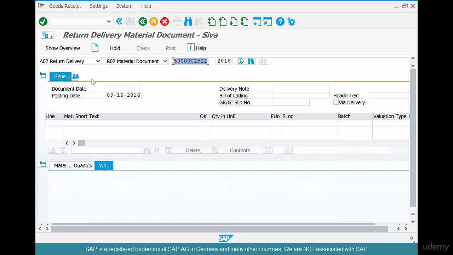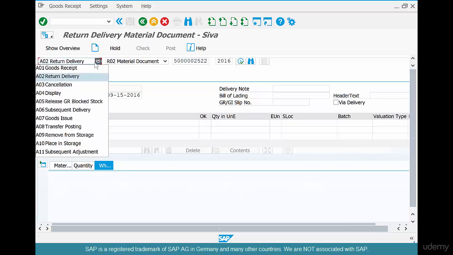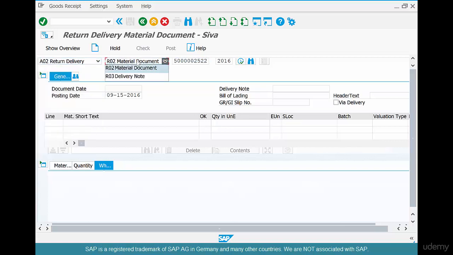Right? Now, MyGo is a transaction that we can use to do so many different things. What are those different things? Returns delivery is one of them. So how do you do a returns delivery? Like I said, with reference to the goods receipt. So we select goods receipt here and we select material document and we paste the material document in here and